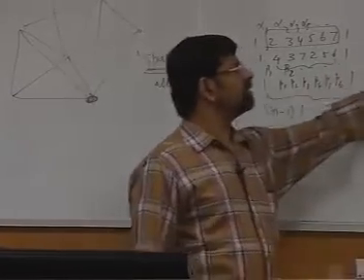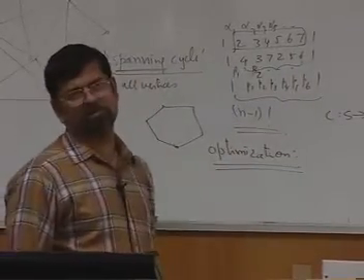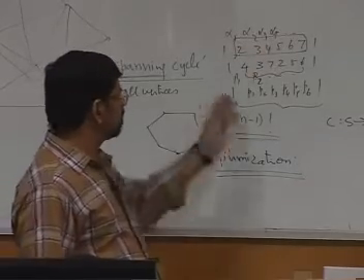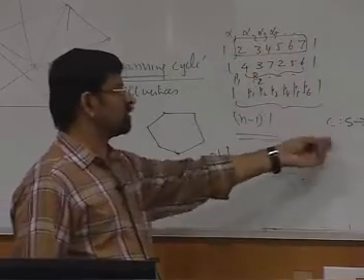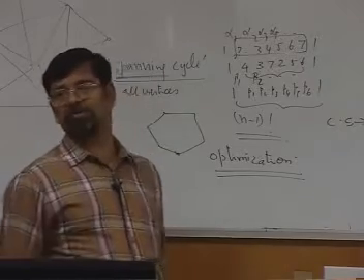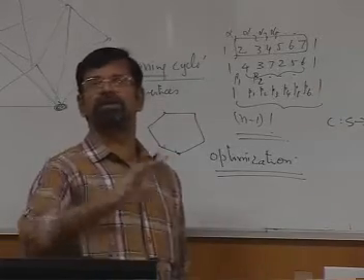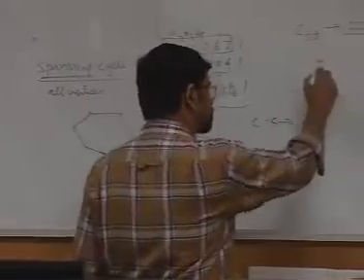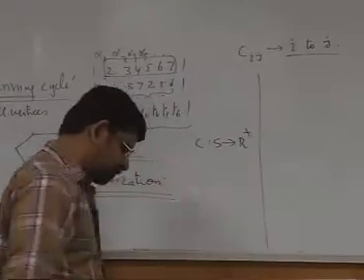So Cij is the cost of going from I to J. Having fixed this cost, you add all the costs and you will get the cost of a tour. Each tour is a solution. So you are interested in a tour whose cost is the minimum. Okay. So first, the tree representation.